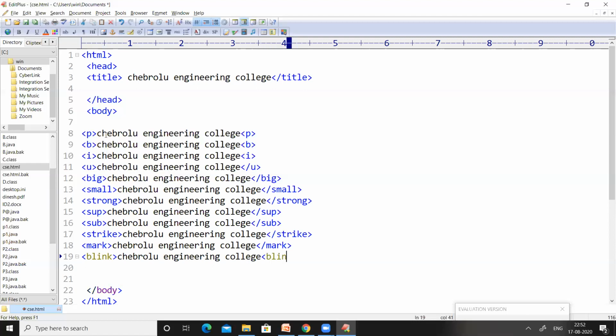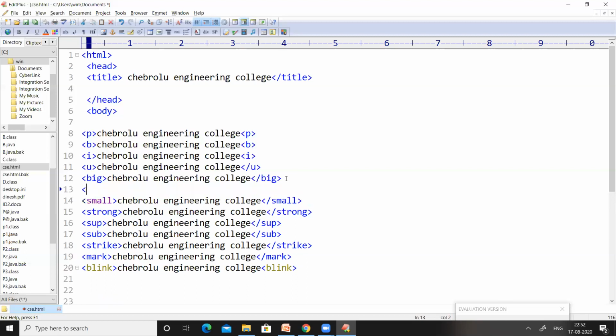Don't worry, this blink is not working; I think my browser is not supporting it. And then the HR tag, which is an empty element which displays a horizontal line. Let us use this HR tag after the big tag so that we can observe the clear output.